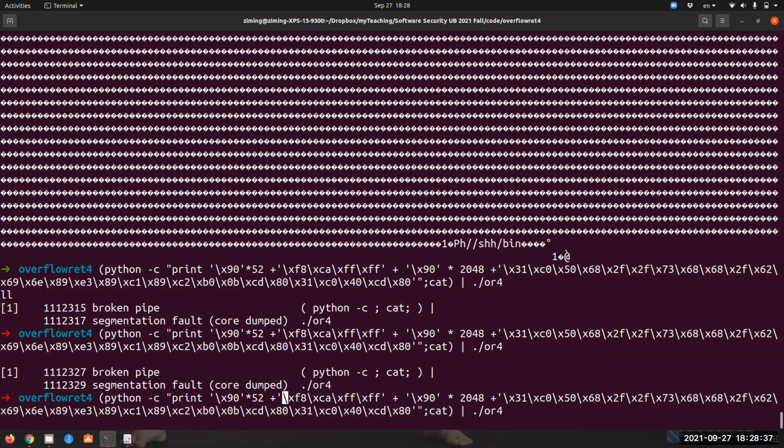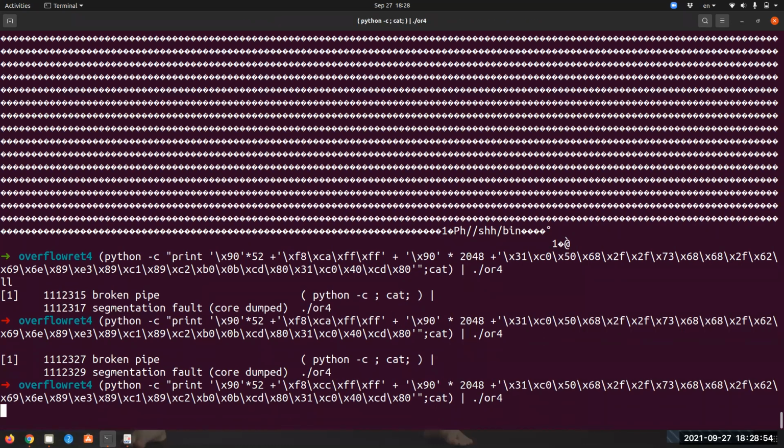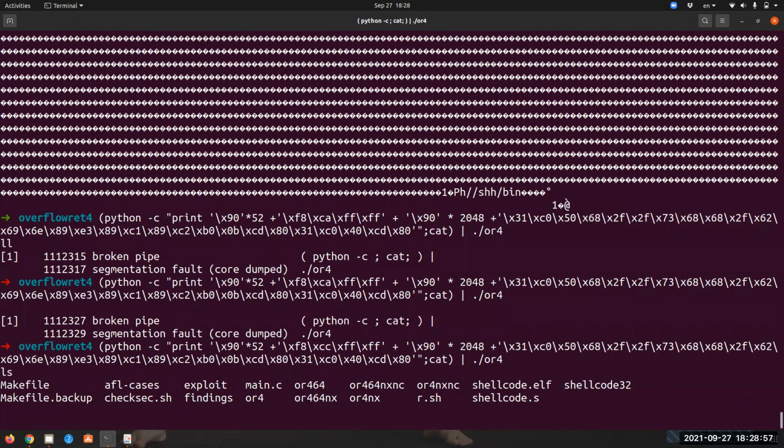Okay, that broken pipe could be an overflow here. So now we just change our address. Let's say this is the address we get with GDB. So we're going to change it to something higher. We can change to something big, so A we just change to C. It works. Oh, it works. Just because, like I said, GDB will push a lot of things onto the stack. So that address is what we get when we have GDB. Without GDB, the address will be higher,